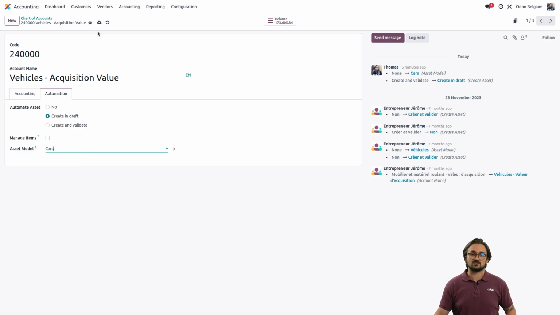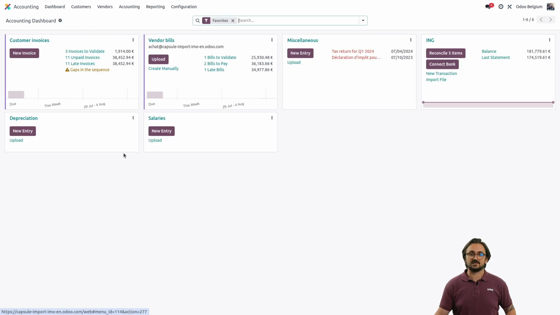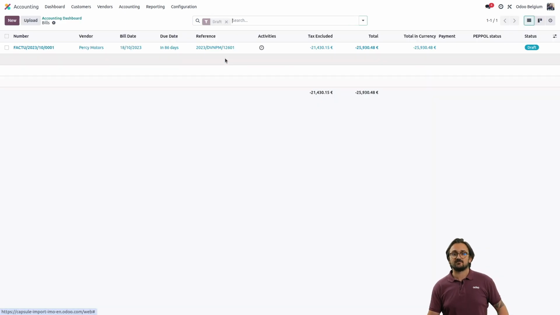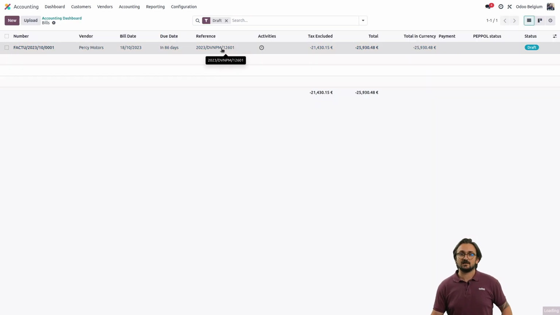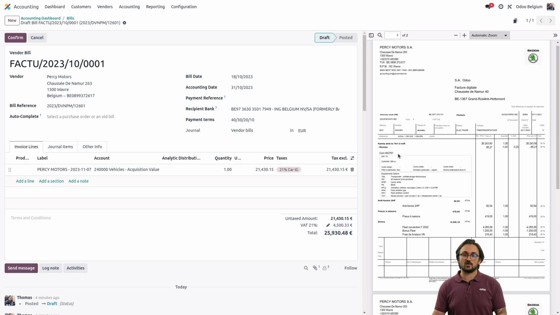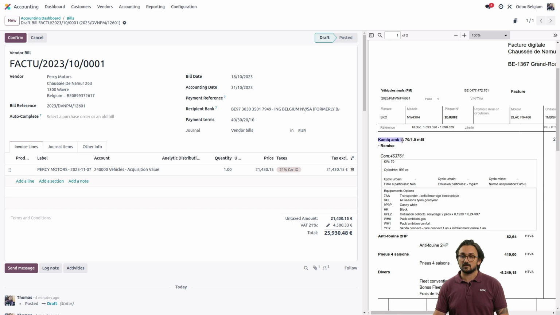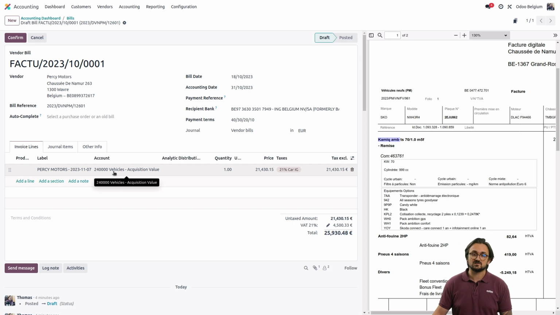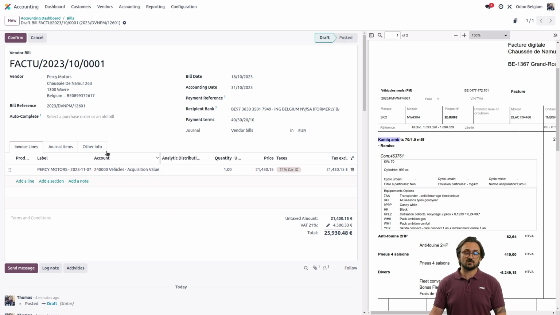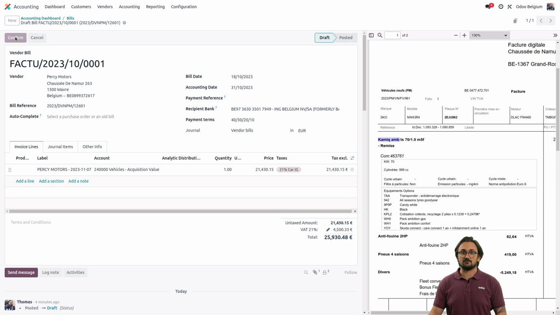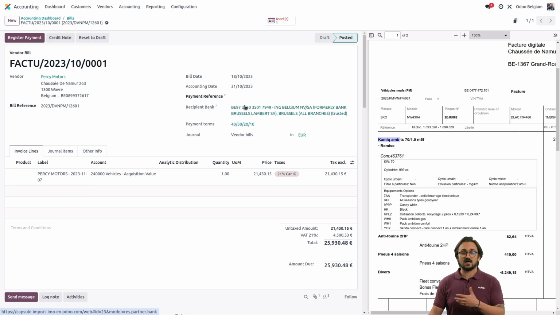Once it's generated, I can go to my dashboard, have my vendor bills. My vendor bill is for a car that I have just bought. So I'm just going to the invoice, check my Skoda Kamiq information, already computed on my 24 asset module account, sorry. So I'm just going to confirm it,